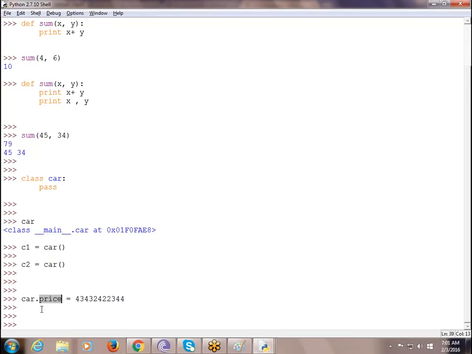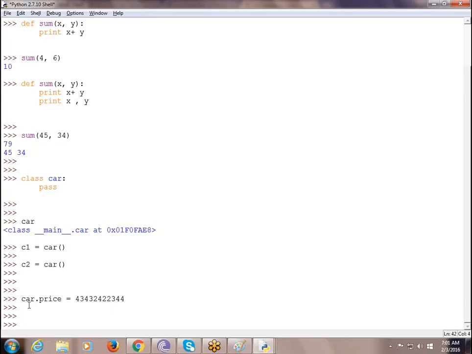Car is a class, right? Car is a class, yes. But you said car is an object, I guess. Generally, we used to call classes and objects similar, actually. Let's go forward and you can see the difference between them. Here car is a class.